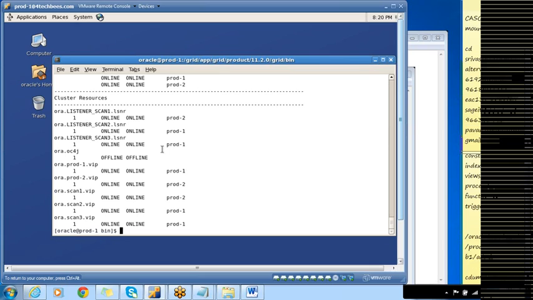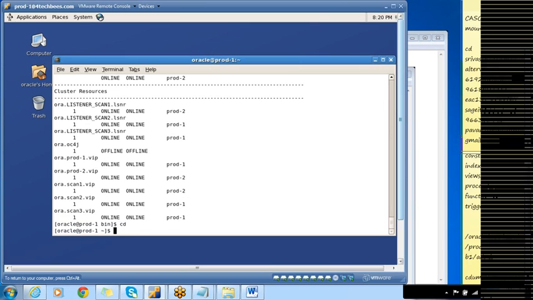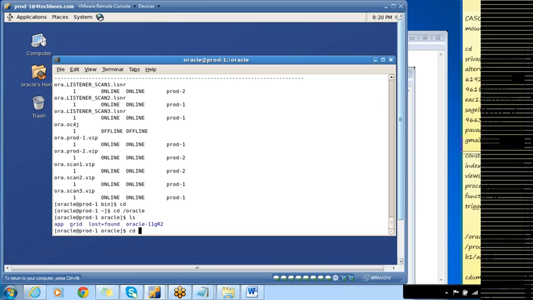Now I'll show you how to install the RDBMS binaries and how to create the database. My RDBMS binaries are also present under the /oracle, Oracle 11gR2 folder.